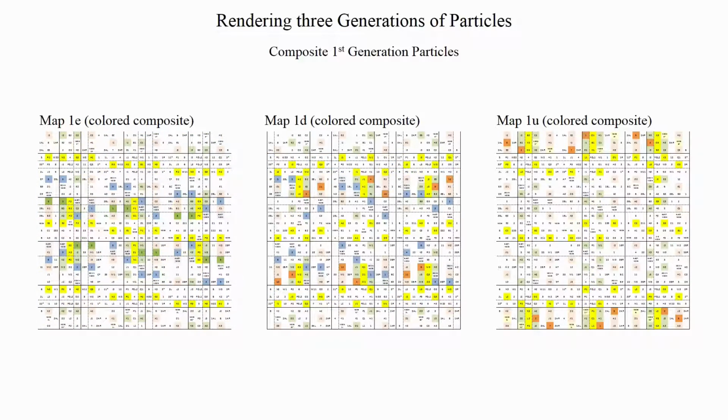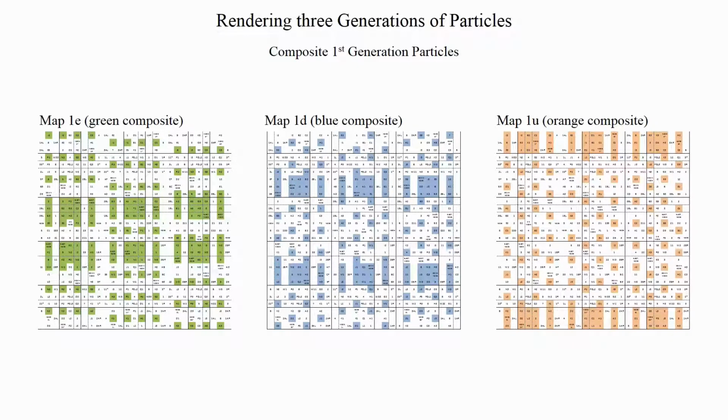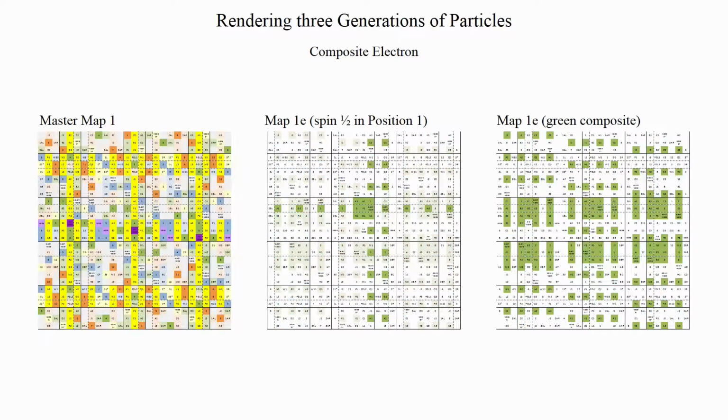We call the composite electron, down quark and up quark, coloring them green, blue and orange for visual clarity. And we discern the composite electron in positions 1, 2, 3, 4, 5, 6, and back to 1, rendering each of its 4 components as the right chiral electron, the left chiral anti-electron, the right chiral anti-electron, and the left